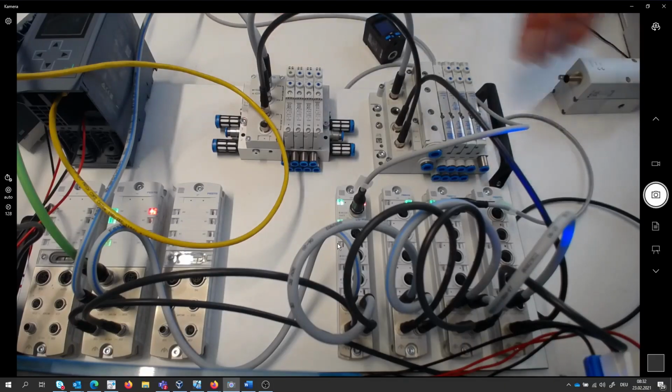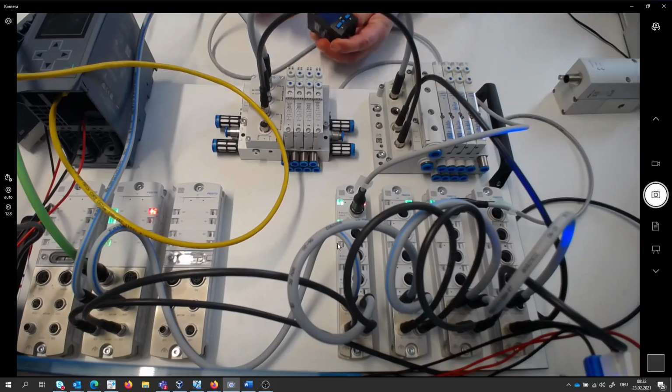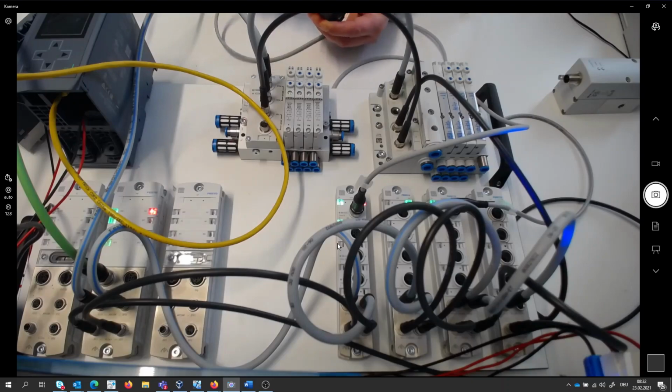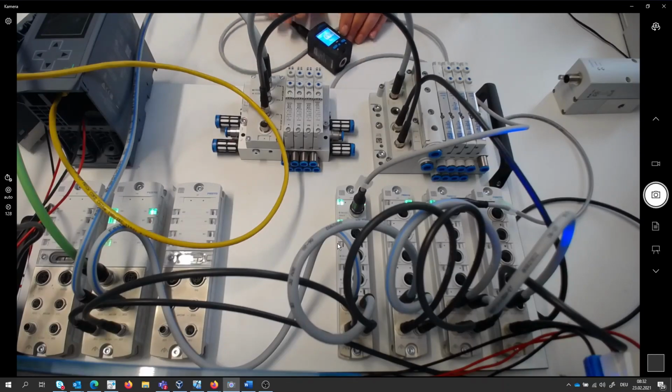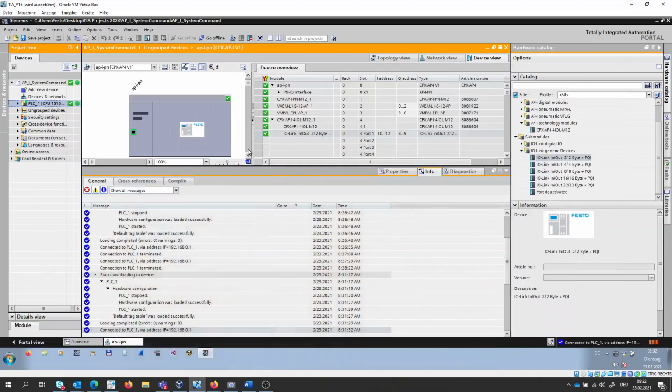Disconnecting the VPPM, connecting again our pressure sensor. Everything is running as expected. If we want now to change a parameter during operation,